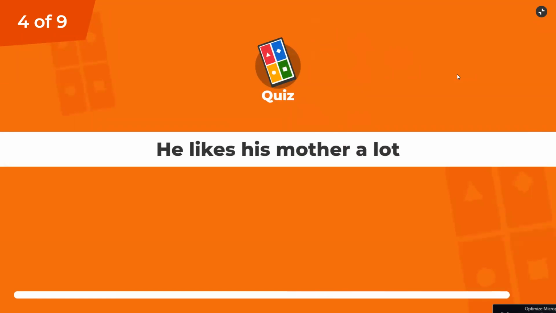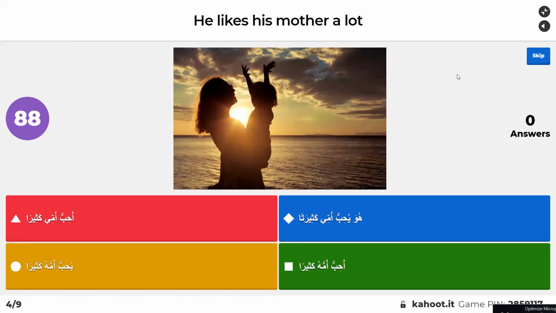He likes his mother a lot. Easy question. He likes his mother a lot. Blue: Huwa yuhibbu ummi kathiratan. Red: Uhibbu ummi kathiran. Green: Uhibbu ummuhu kathiran. Orange: